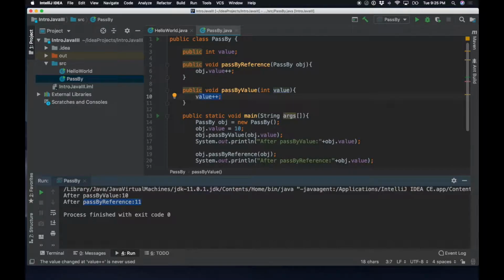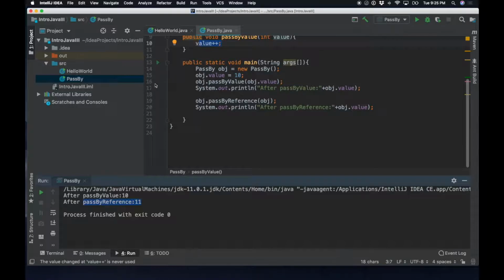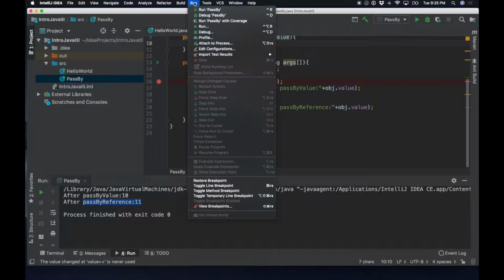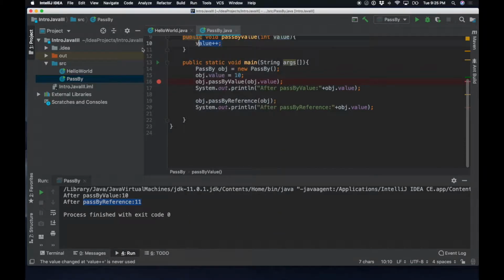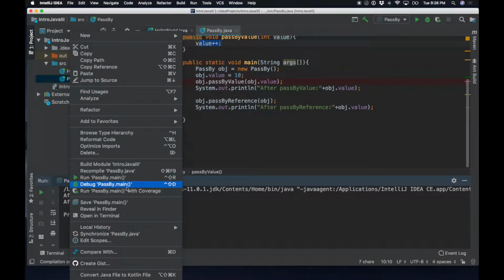So why is that? Well, this is where I want to start using the debugger. To use the debugger, you're going to go into the column right here, right next to the number, and click, and that will introduce a breakpoint. A breakpoint is nothing other than where you're telling the runtime to stop so that you can evaluate the variables. So if we right click the file and go into debug passby.main,